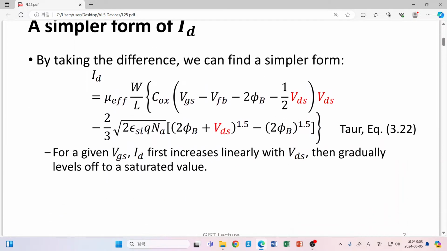So I just bring this ID expression in simpler form here just for reminder, and as you can see we have some terms corresponding to the linear function of VDS and also the square function or parabolic function of VDS, and also here we have another one corresponding to the power of 1.5. So yes, some complication comes here. However,